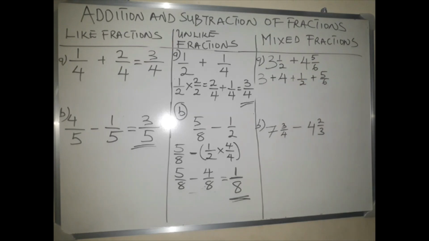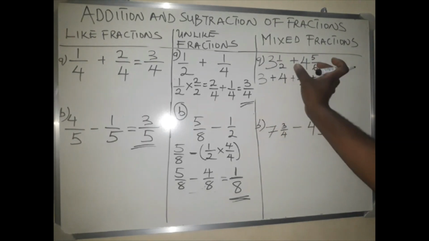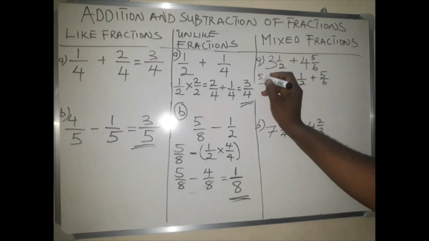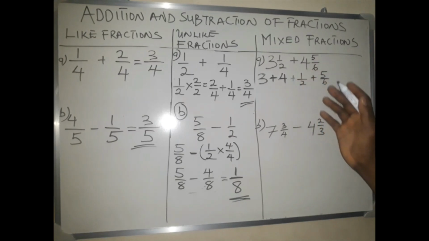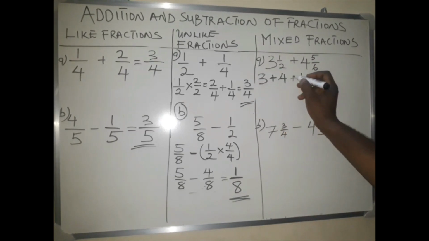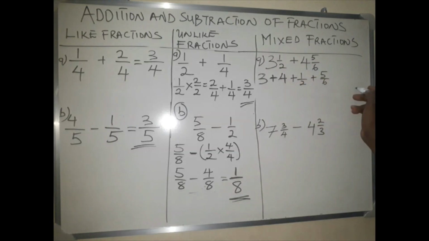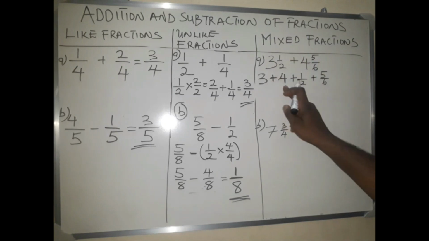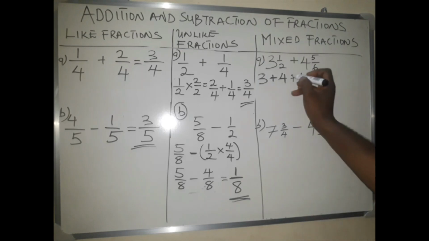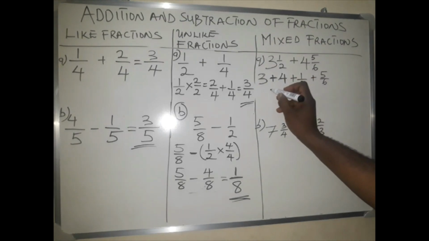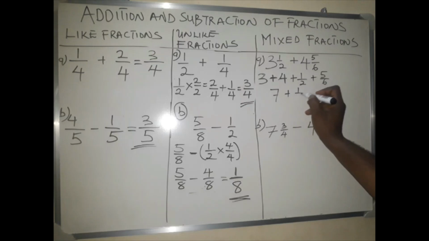5/6. So I was saying that one way you can go about adding them is you bring out the whole numbers and add them on one side. Rearrange it in such a way that you add the whole numbers on one side, then you also add the fractions on the other side, just like this. So we have 3 plus 4 plus 1/2 plus 5/6. So now we can see this 3 plus 4 will give you 7, plus we have 1/2 plus